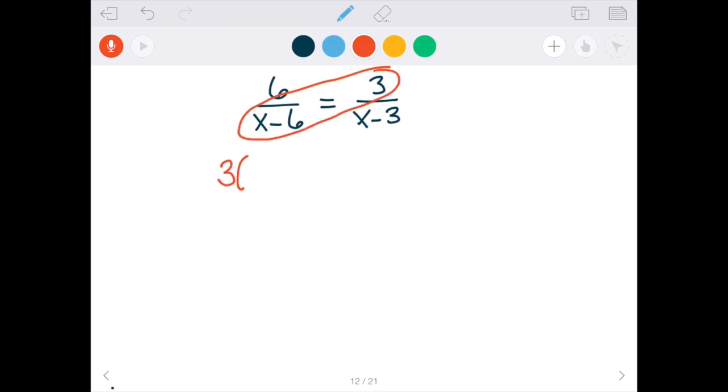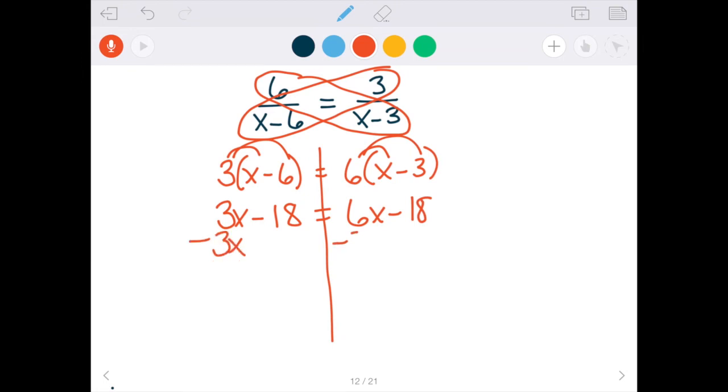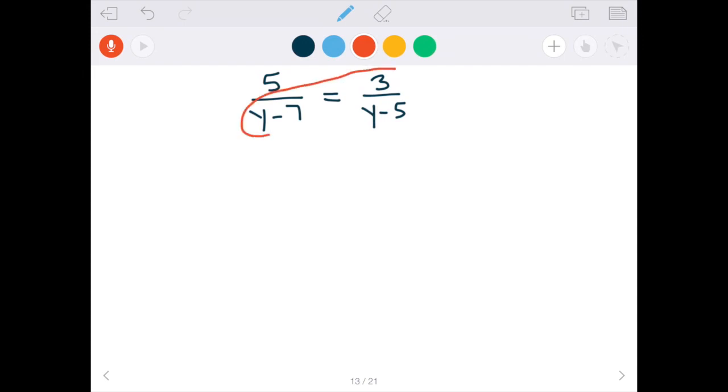3 times x minus 6 would be written like this. 6 times x minus 3 would be written like this. Once you're here, you can distribute. Eliminate your variable first. Eliminate your constant. Divide by your coefficient. All right, guys, here's another